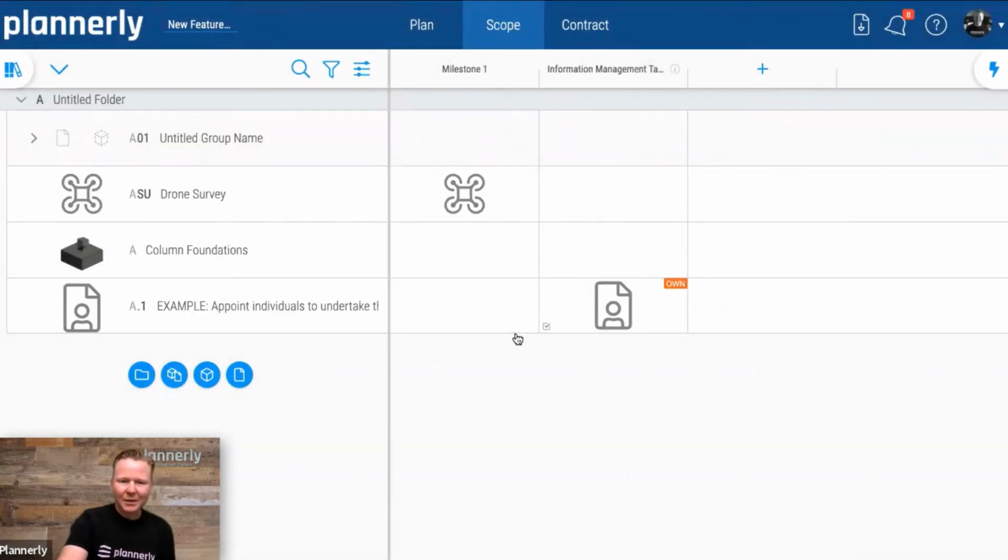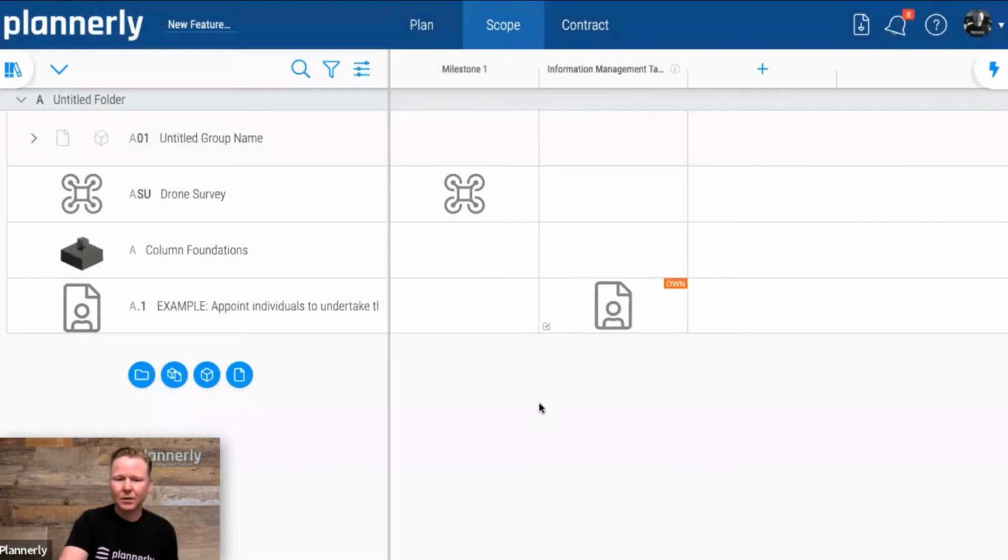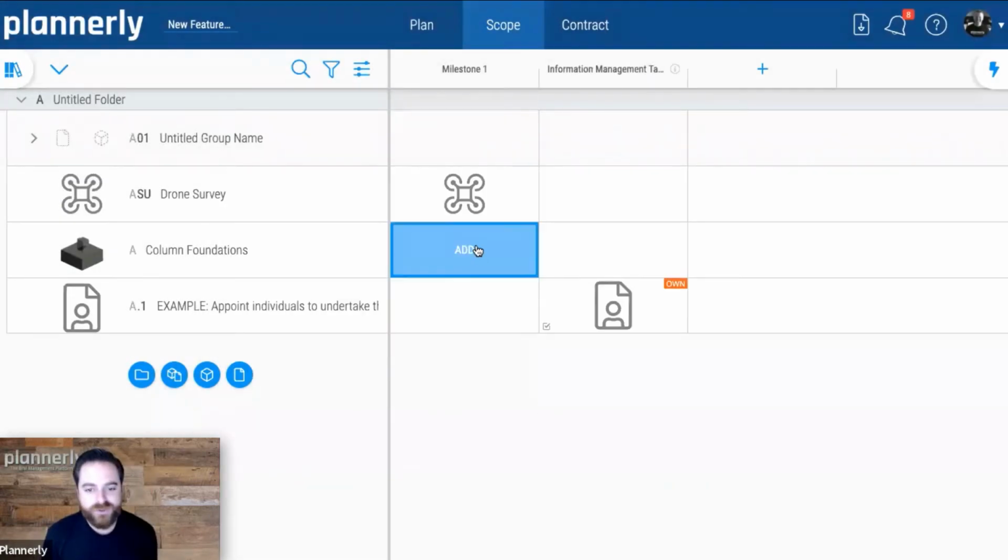The other thing that we can now do is edit even the default content and the libraries. So the geometry, it's up to you. You can manage this. You can use it from the library as default and also develop your own if you've got content that might be required. Yeah, we've had customers with some unique requests, robotic equipment, things that you might not find in the default library, but you can essentially create your own template here. And once you've done it once, it's ready for you on your next project.